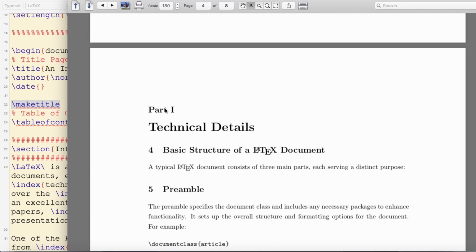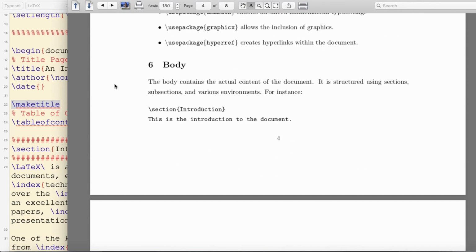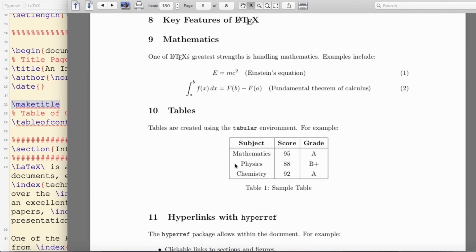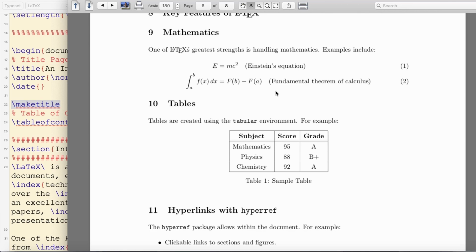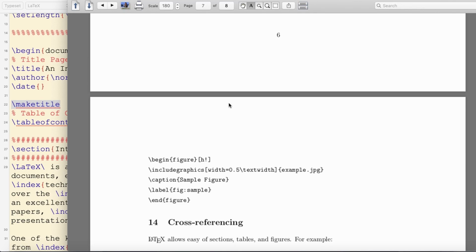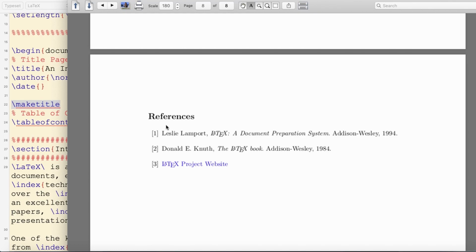and then you can use part, as I have discussed already. Details of how to write in LaTeX I will describe in the next session, but here I am giving just an overview of how an article written in LaTeX looks like. So as you see here, there are many sections, and you can draw tables, you can use the equation environment, I mean the mathematical environment, or you can use hyperlinks, figures, cross-referencing, and finally a bibliography you can generate, or the list